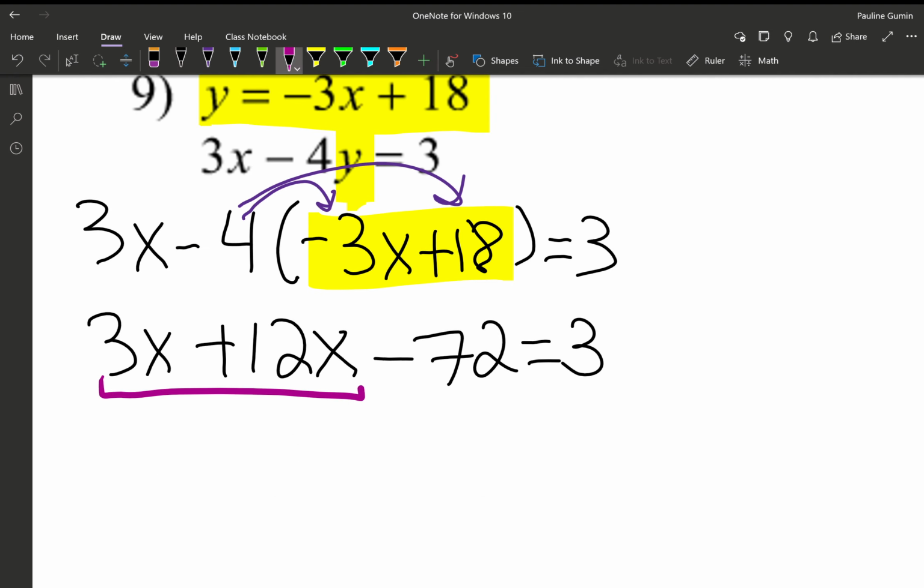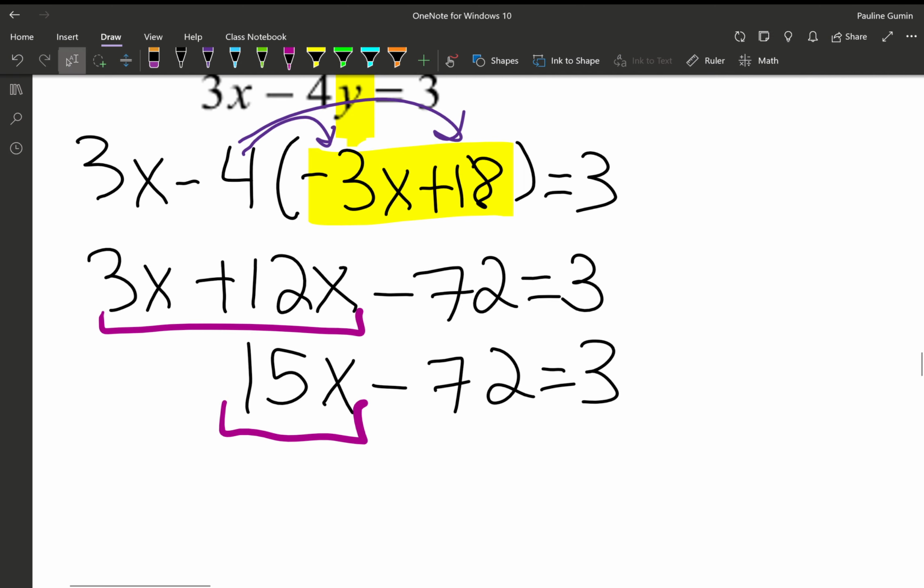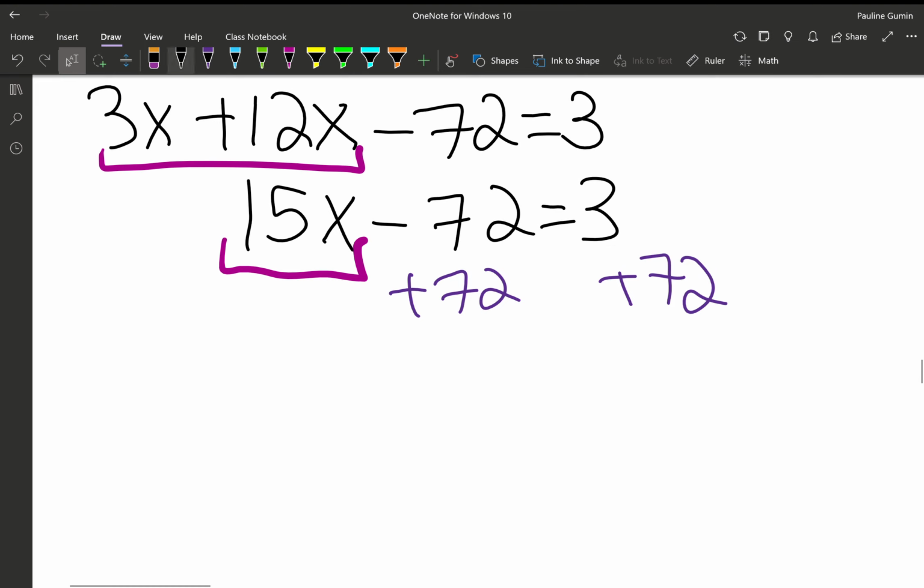Let's combine these like terms. 3x and 12x is 15x. Minus 72 equals 3. Add 72 to both sides. So we've got 15x